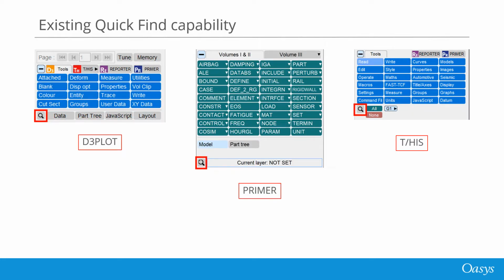Firstly, previous versions of D3Plot, Primer, and DHIS supported a quick find capability that could be accessed by clicking the respective magnifying glass icons or by hitting the shortcut key hash. Quick find could locate various menus or tutorials, and in the case of Primer, model components as well. Some users have mentioned that this functionality could be difficult to access, and a few have expressed concerns about a